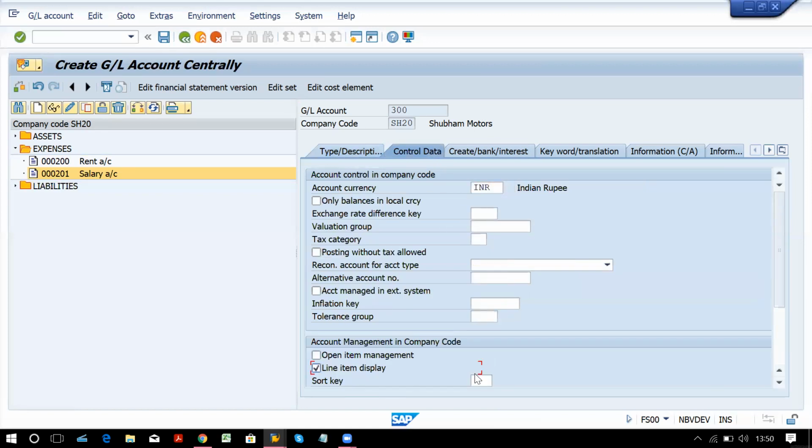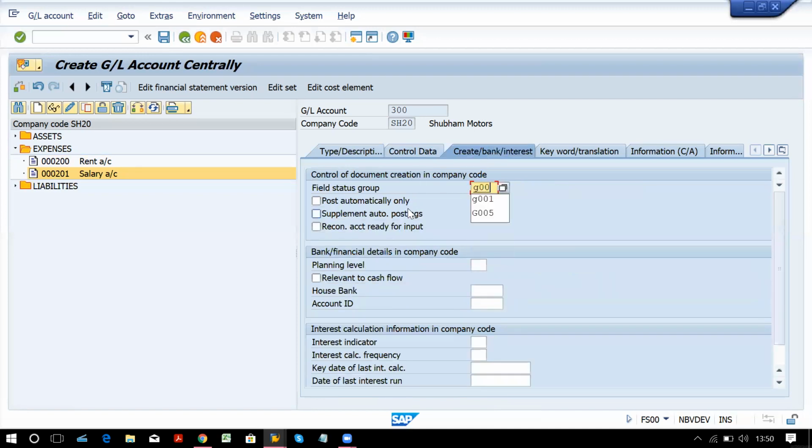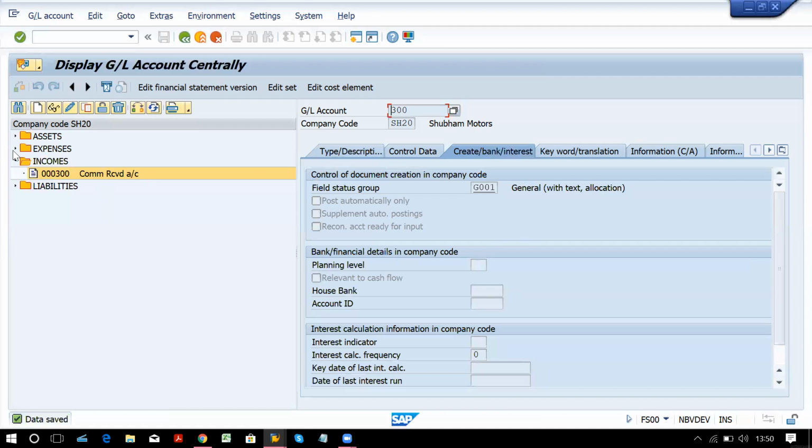So go to line item display, sort key 001 and G001, and save. Okay. So we have now created a few GL accounts in all the 4 groups.